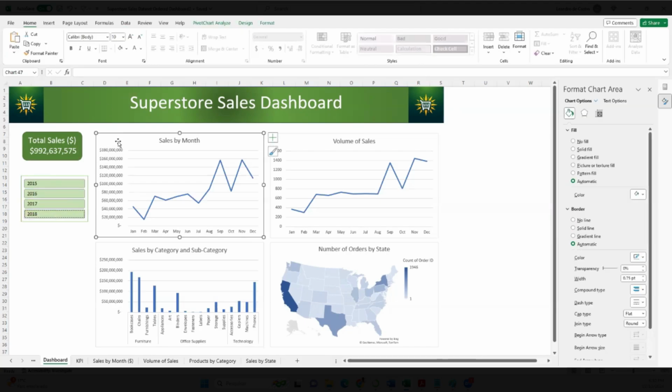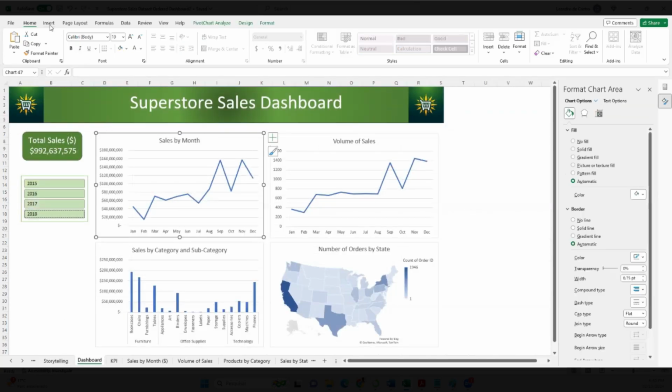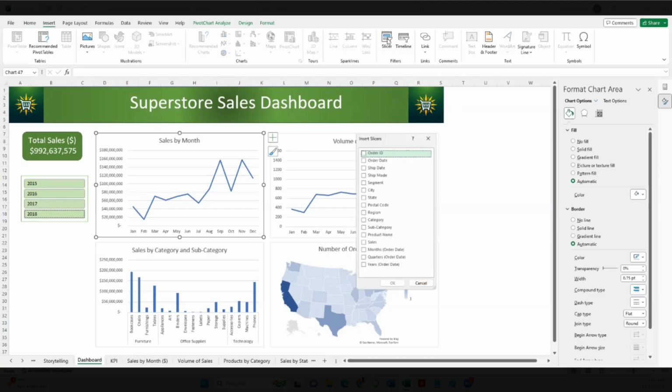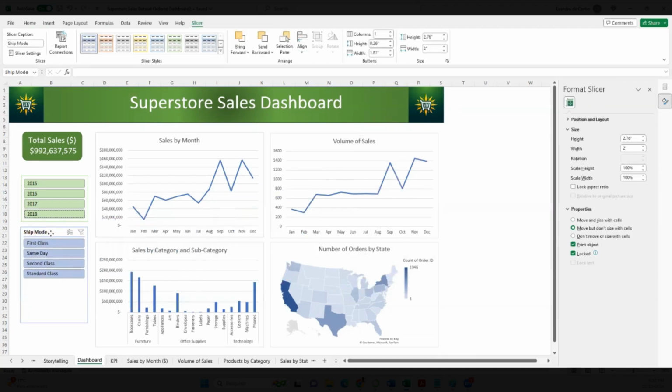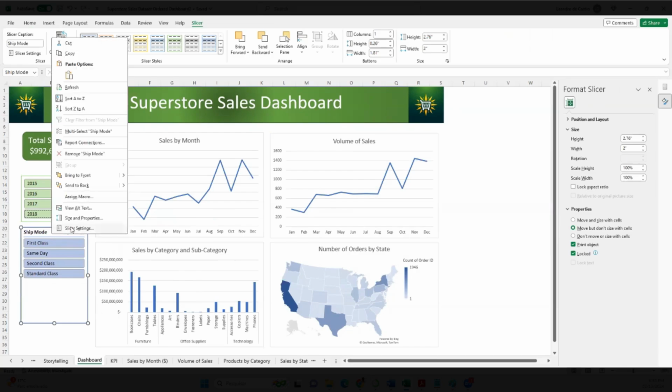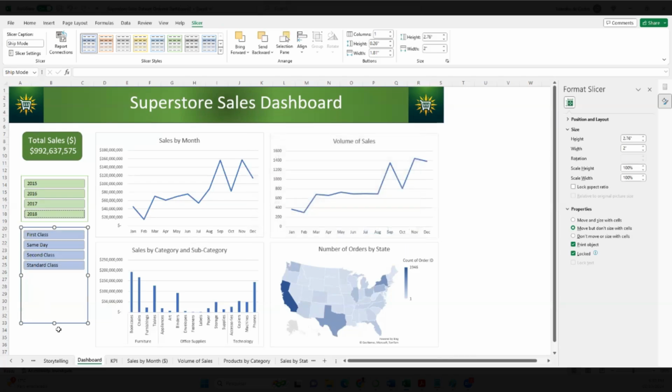Let's include now the slicer for the shipment mode. So insert slicer shipment mode. Okay, it's here. Let's do the same procedure. In this case, I don't need to hide items with no data because I don't have it. Let's remove the header and move it a bit more to the bottom here because I'm going to include its name,